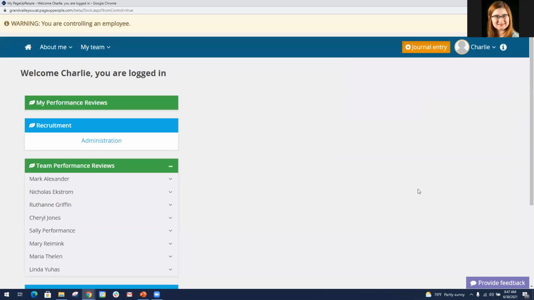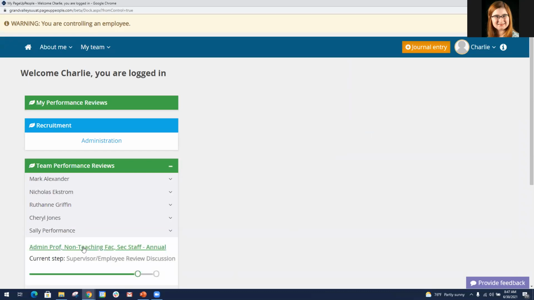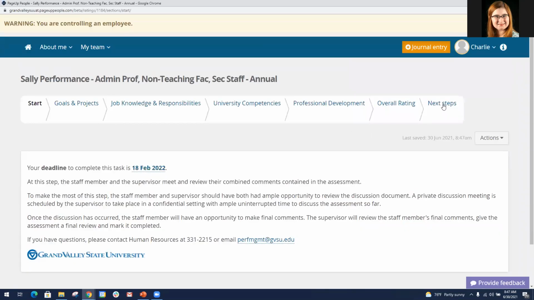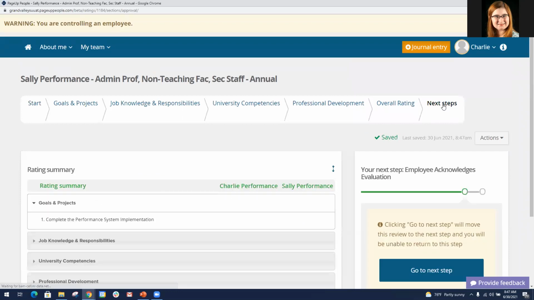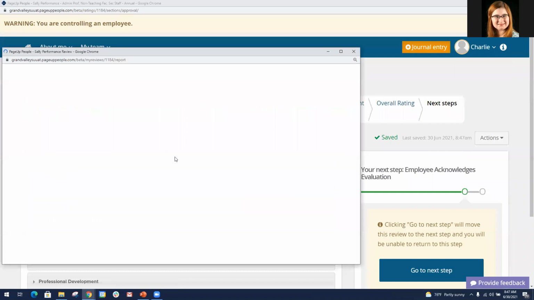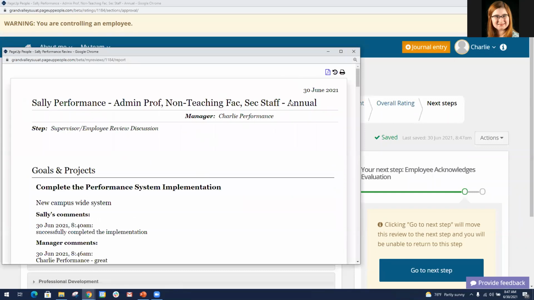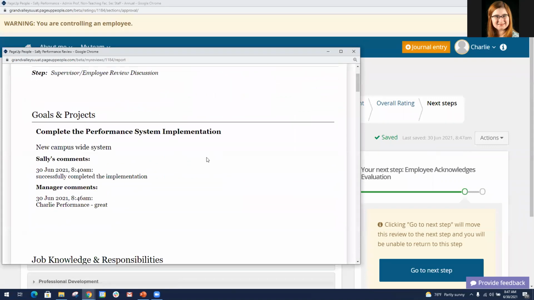So the next step in the process belongs to the supervisor, and it is for you to have that employee review discussion. Supervisors can do a couple of things here. Obviously they're going to schedule that. They're going to either be able to print out your review. So I'll show you what a printed copy looks like so that you'll see it on your side. They can print out a copy, they can put it in a PDF, and you'll be able to see